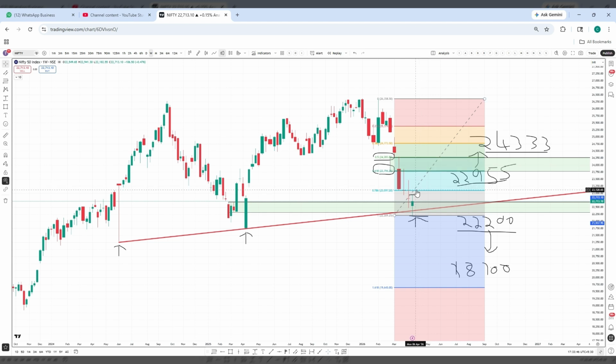In case next week Nifty starts to trade above this candle and reaches this level, and from here Nifty directly opens gap up above this with a runaway gap, then that will be strong buying and you will see a short covering rally to the all-time high again, though not on the same day. It takes certain time to reach the all-time high, but as we have this selling pressure, every rise you will get some profit booking, some selling. Accordingly you have to book your profits and maintain proper risk management and proper lot size in this market. Right now this market is running majorly on